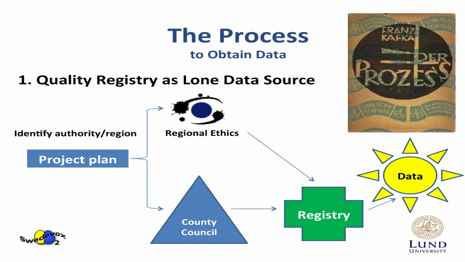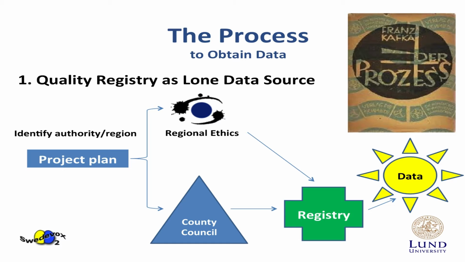So this is really a process to get out the data, so you need some time to do this. And I will have 3 different scenarios. So in the first one, we want to just use data from one quality registry, right? And you have your project plan, of course, and then you identify which registry you want to use and who is governing that. You just enter their homepage and look that up,